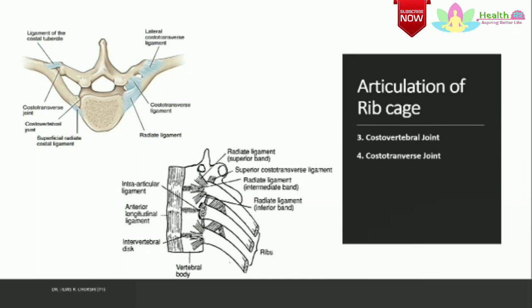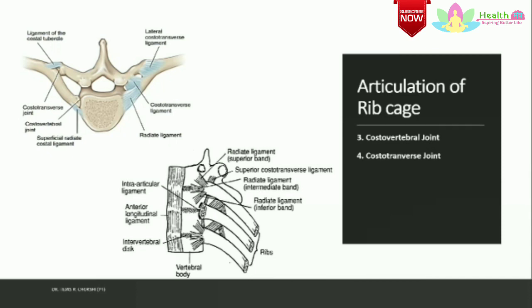Each rib's superior facet articulates with the inferior facet of the vertebra above it, and the inferior facet of each rib articulates with the superior facet of its own vertebra. For example, the fourth rib's superior facet articulates with the inferior facet of the third thoracic vertebra, and the rib's inferior facet articulates with the superior facet of the fourth thoracic vertebra.